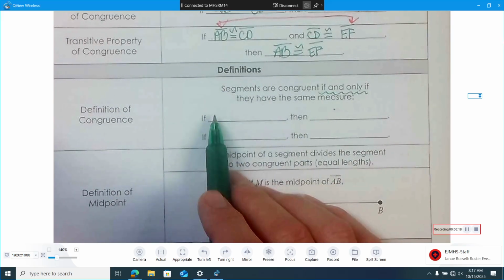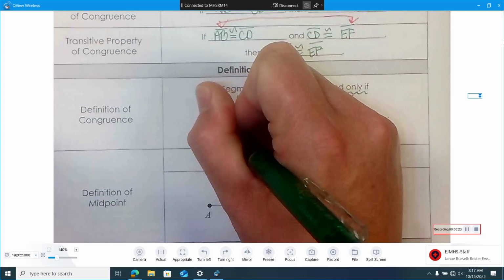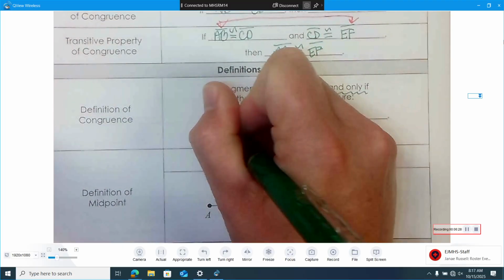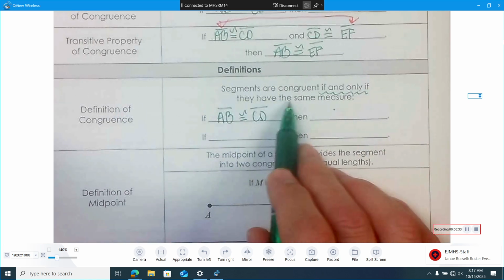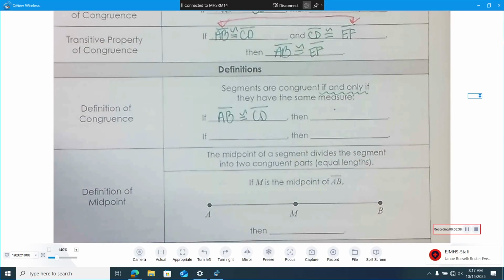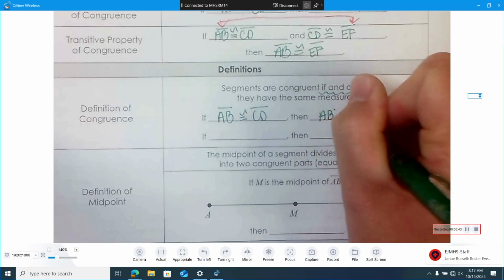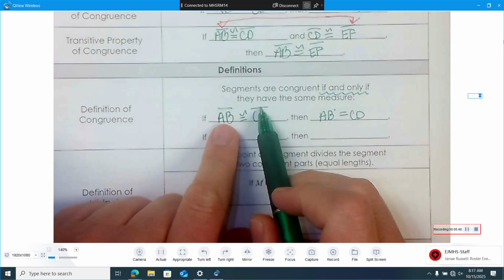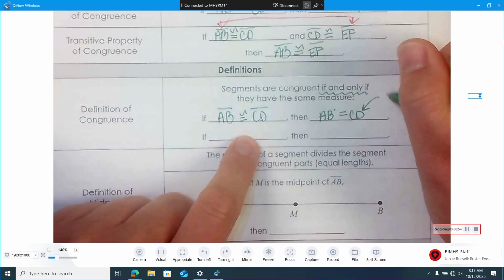Okay. So segments are congruent. So if two segments are congruent, let's say segment AB is congruent to segment CD, then they have the same measure. So how do we denote things when we're talking just about their measures? We can say their measures are equal. AB is equal to CD. When we drop the segment bar notation, this is talking about the lengths